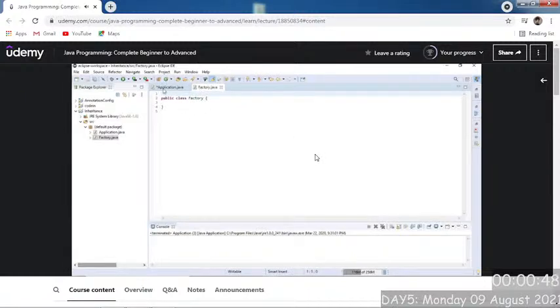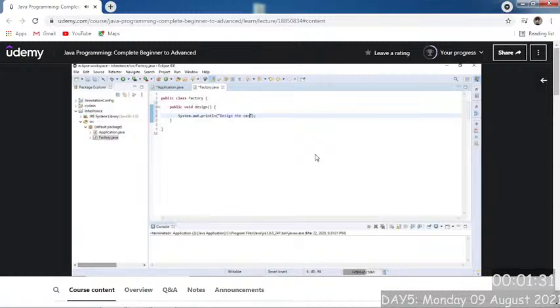Now, just because we've created this class, we can go in our application class and create a factory object. I will say factory1. This is how I'm gonna name it. I'm gonna say new factory. So we've just created a new object. And now I'm gonna go in our factory class and give this class a few methods. I'm gonna say public void design. Here I'm gonna say sysout control space